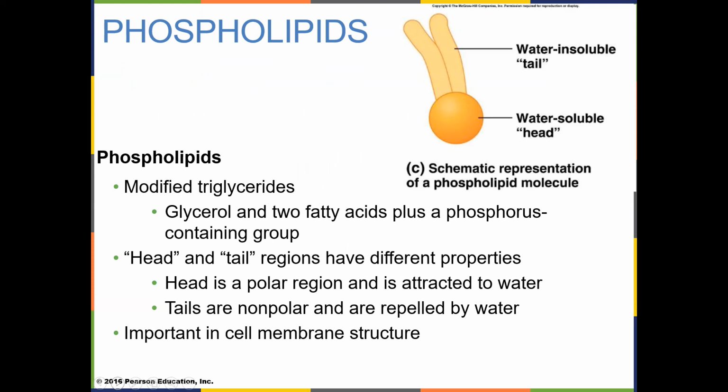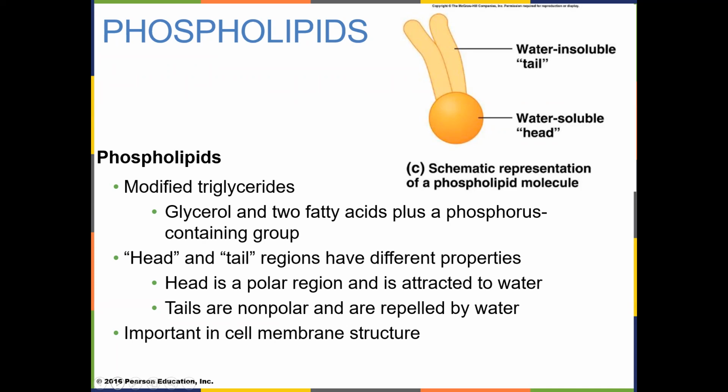Now, the second category are the phospholipids. Phospholipids lose one of their fatty acid chains and replace it with a phosphate molecule. And our cell membranes are made of these phospholipids. They look like the structure here. They have a head where the phosphate and the glycerol are located, and they have 2 tails, which are the fatty acid chains. And we say it's a phospholipid bilayer in the cell membrane.